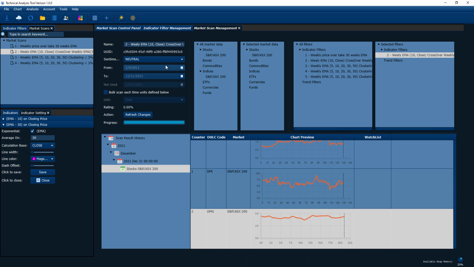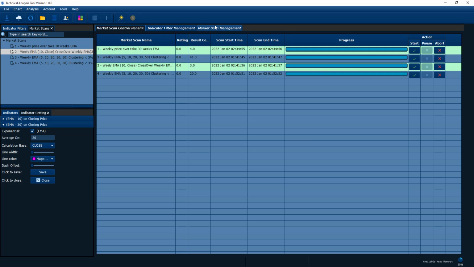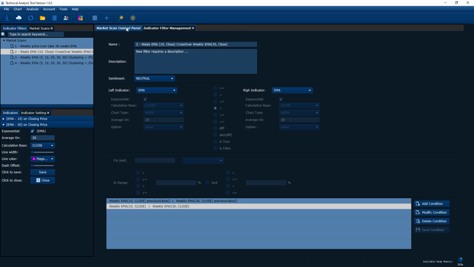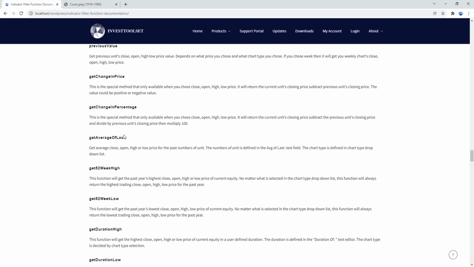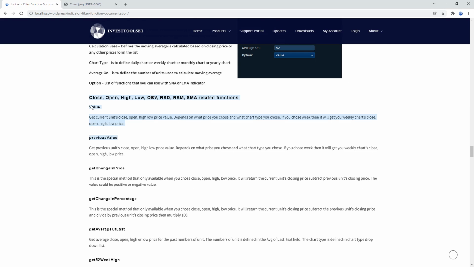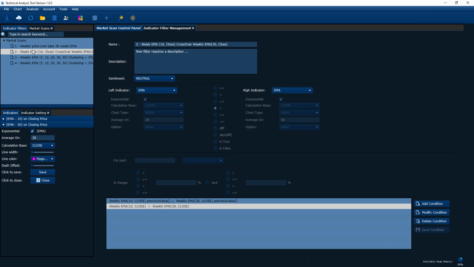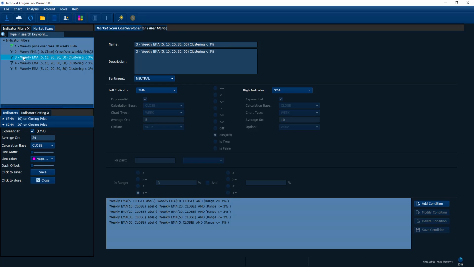Okay, so here, as you can see, we used some of the functions. We used the previous value and also value. These are two value related moving average functions. As you can see here, we use those value related functions to create some useful market scans. Now let's move on to the third one. Let's see, what are we going to do this time? All right, so here